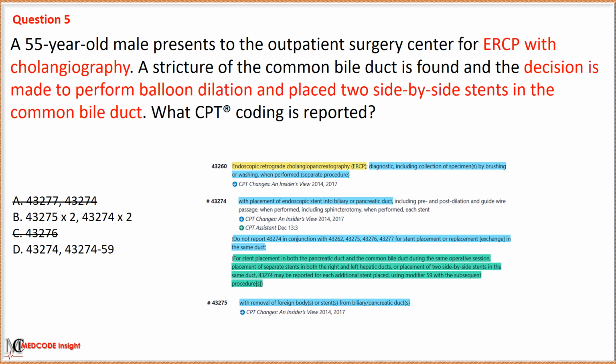For stent placement in both the pancreatic duct and common bile duct during the same operative session, placement of separate stents in both the right and left hepatic ducts, or placement of two side-by-side stents in the same duct, code 43274 may be reported for each additional stent placed, using modifier 59 with the subsequent procedure. Based on this note, our correct option is option D with codes 43274 and 43274 along with modifier 59.